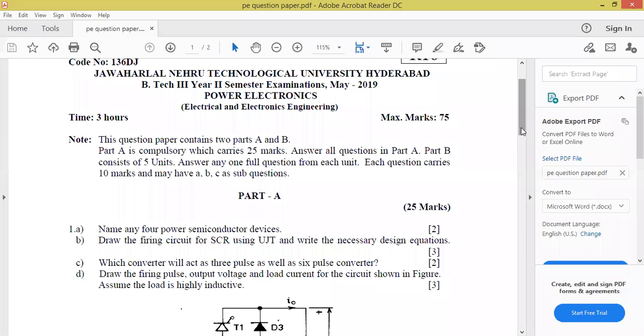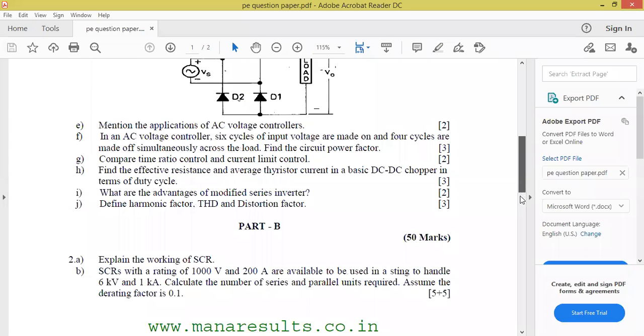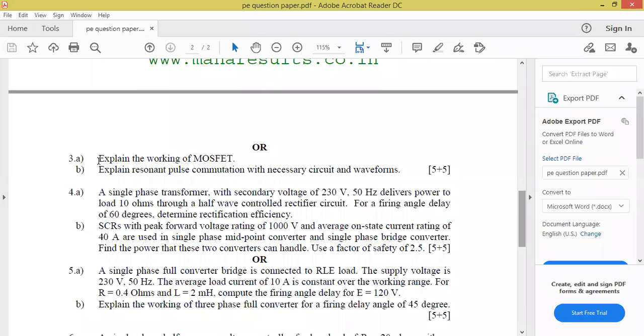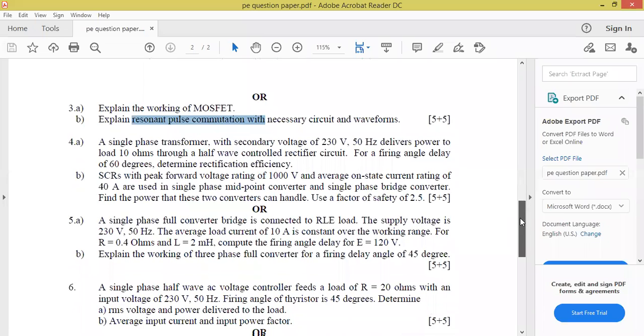Right. All of you see, we got the short answer questions. Let us concentrate on the third question here. I'm just highlighting it. The third question, can anyone read it out? Working principle of MOSFET. We have taken the MOSFET theory explanation, and I have shown you that animation. And next, can anyone read out this one? Which circuit are they asking in the examination? Resonant pulse. Another name for resonant pulse, can anyone tell me? Resonant pulse commutation. It is class B. Yesterday we have taken it. Okay. So now we take the problems here.